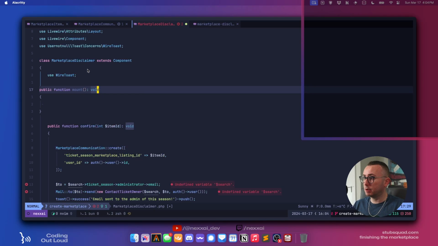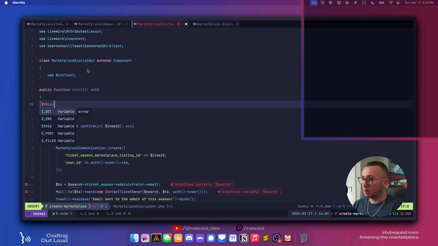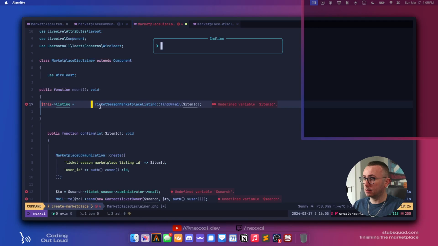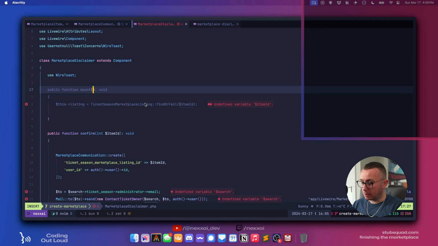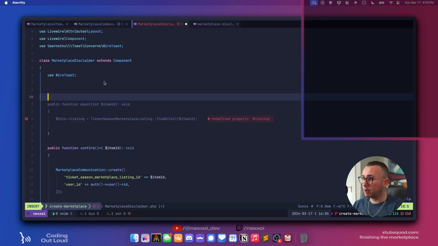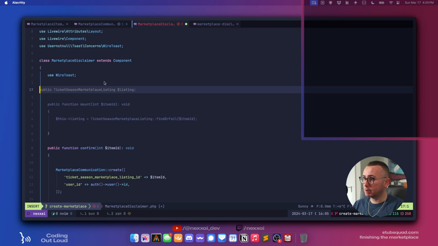It's going to return void. We're going to say this listing equals that. Delete that. And we're going to take the item ID as the property there. And so then we will have a public property with the listing.